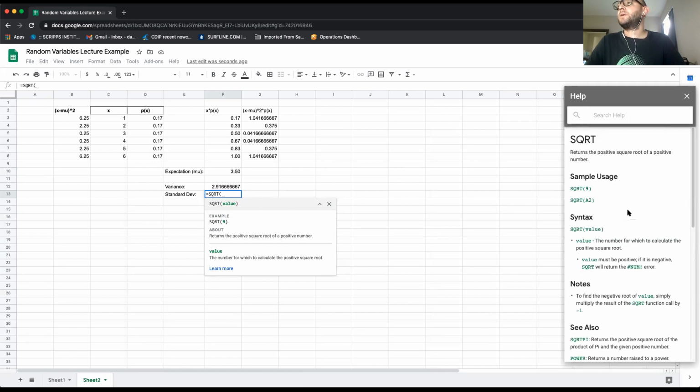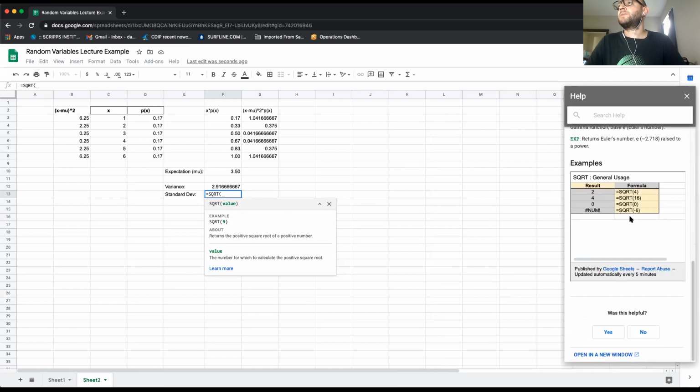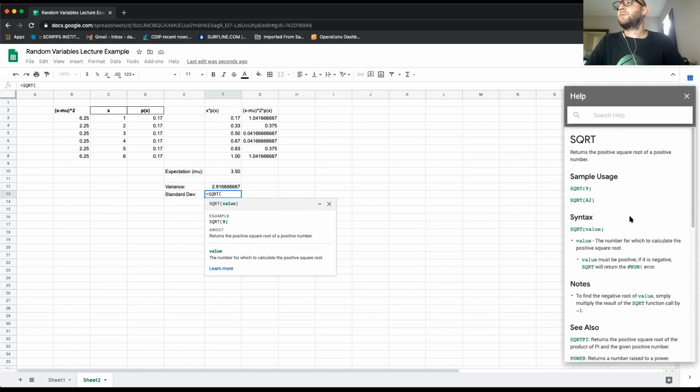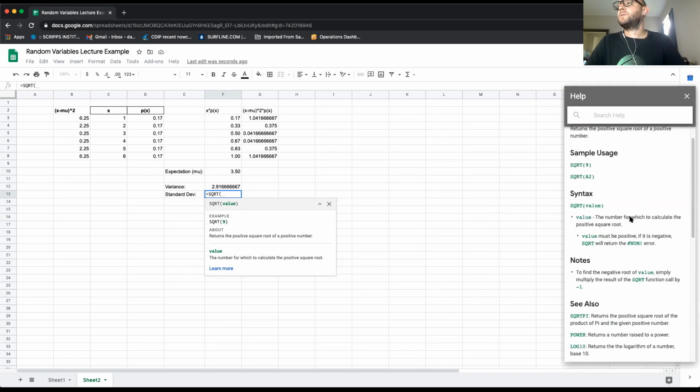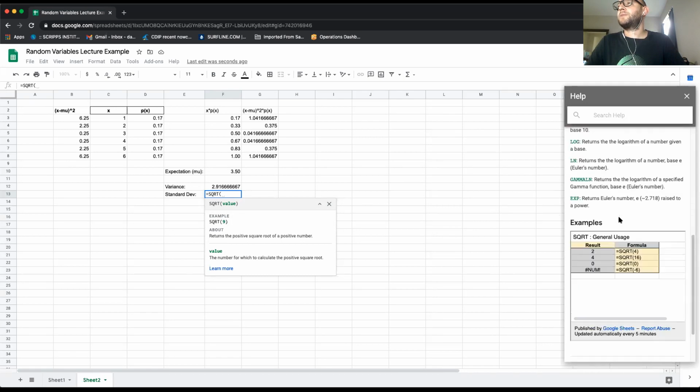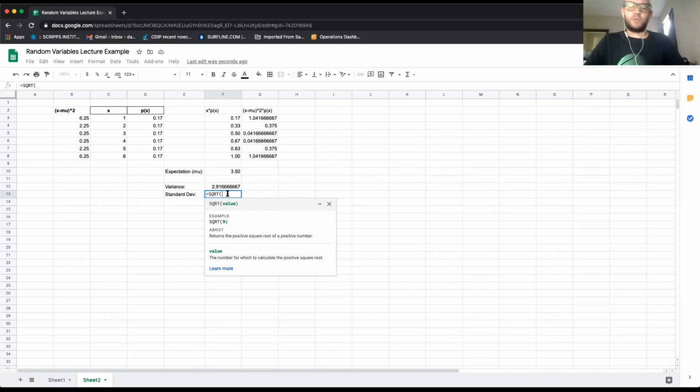But you know, you don't need to have all of these things memorized. If you ever work in this and you need to get better at it, you will over time definitely develop lots of shortcuts. But if you ever want to figure something out, you can take advantage of the help feature. It's really, really good. And it's the same in Excel. So this is just going to be square root of